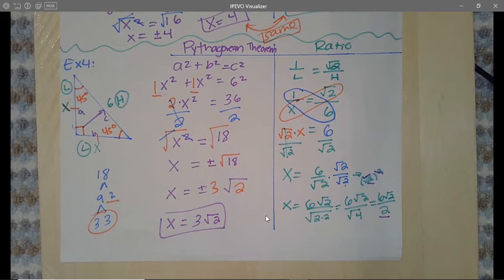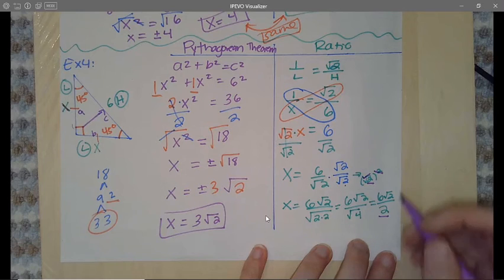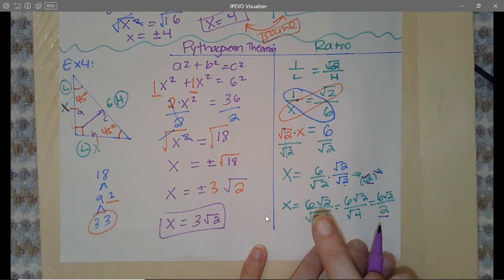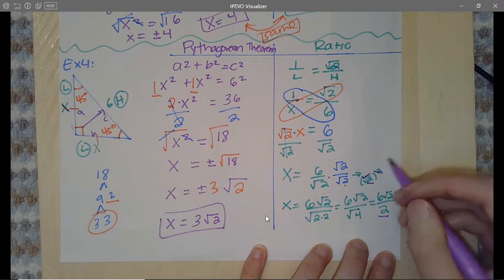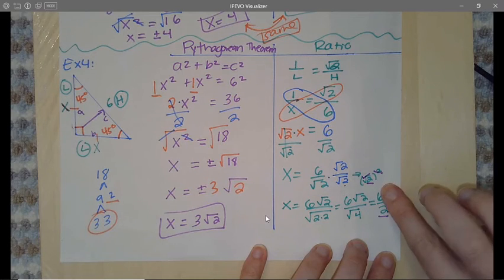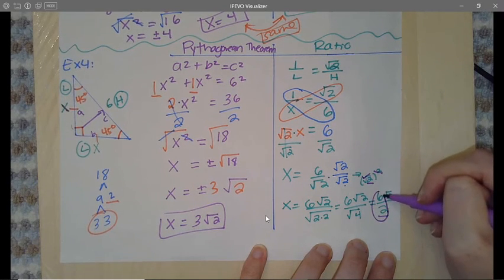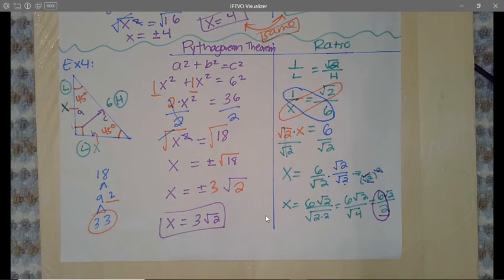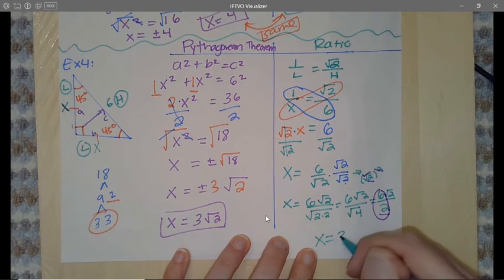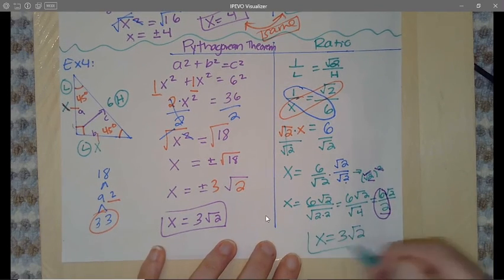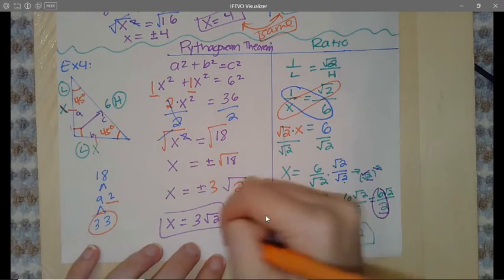So there you go. Okay, you guys, in the last step, I need to simplify down my fraction, which, remember, you can only divide values that either have square roots together or don't have square roots together. Okay, so I only have one square root, so I'm just going to leave the square root alone. Okay, but I can divide the two numbers in my fraction that don't have square roots. And 6 divided by 2 will give me a 3. And then I'm just left with this root 2. And look at that, you guys. We ended up with the same answer,